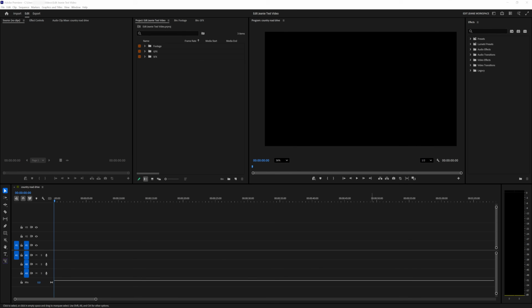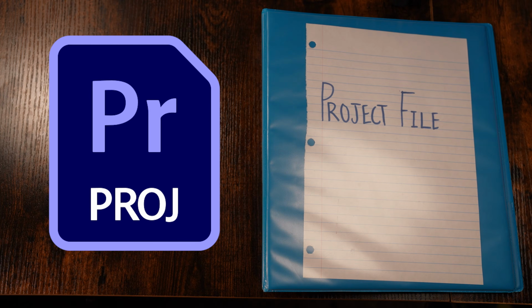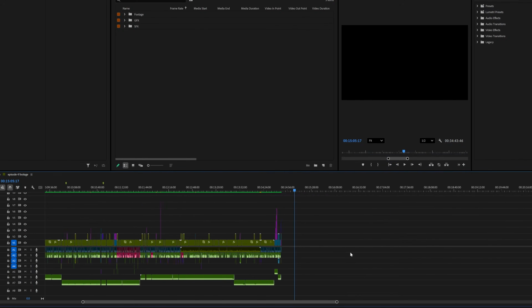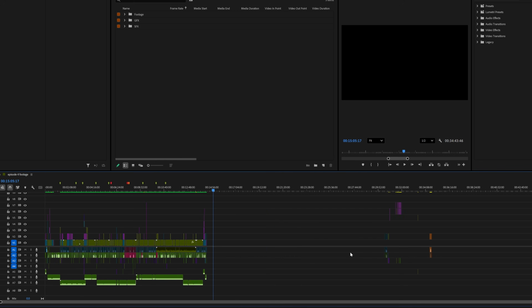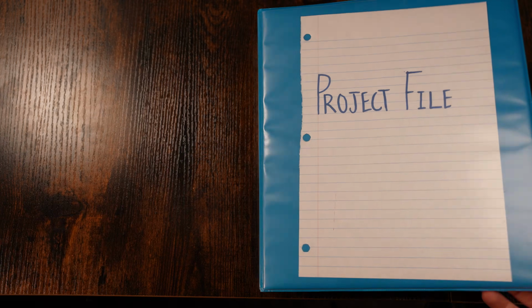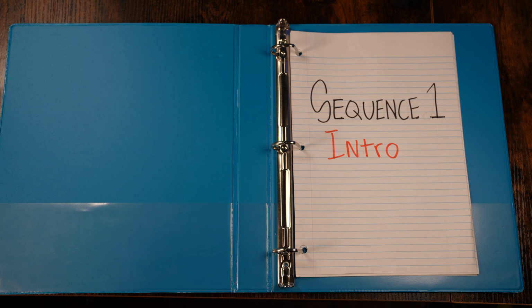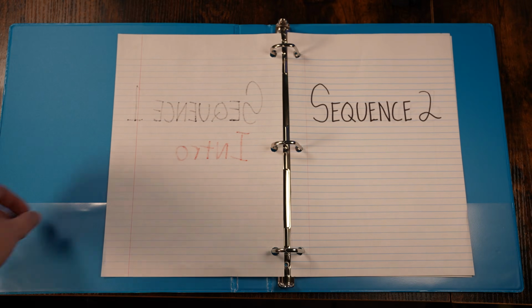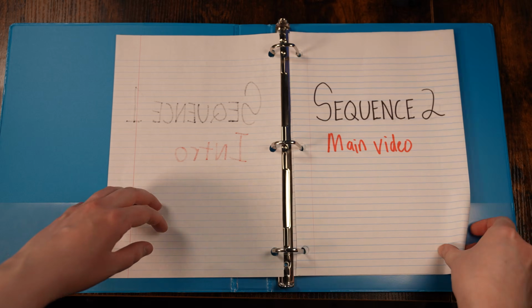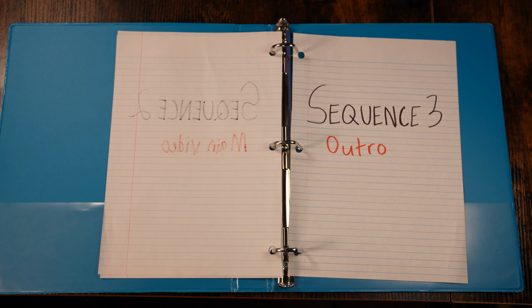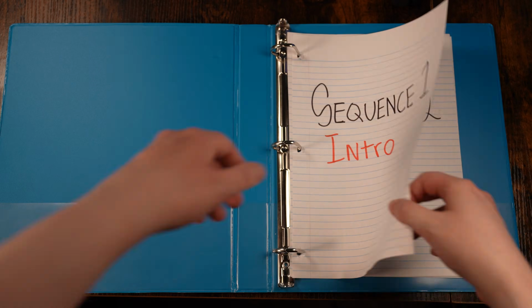You can think of it like this. The project file is like the cover of a book. It holds everything together, but it isn't the content itself. Sequences are like the individual chapters inside the book. Each one is a self-contained section of the story, with its own flow, but they all live inside the same